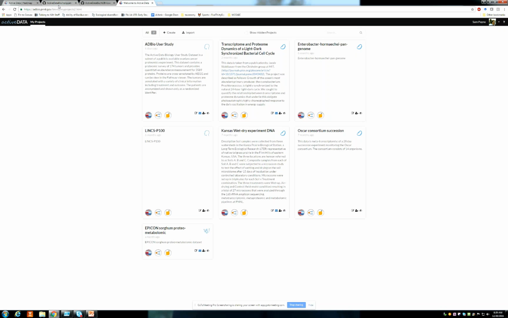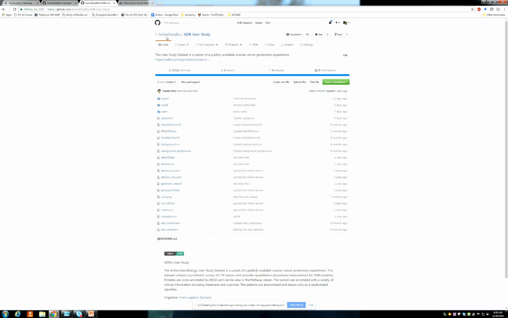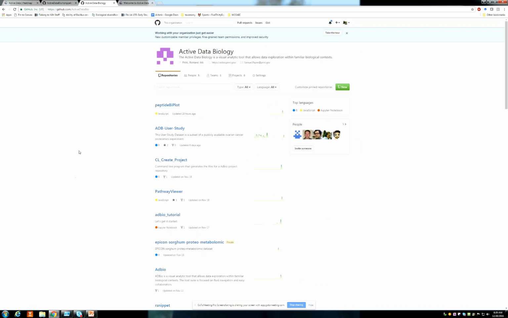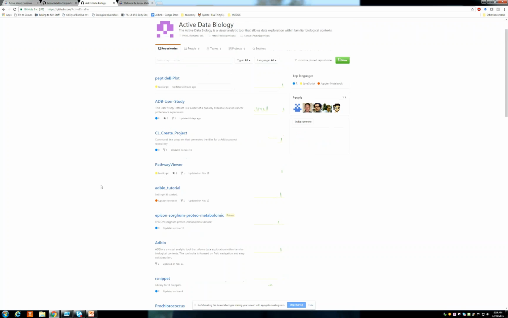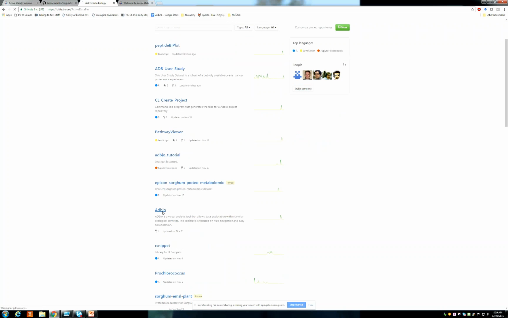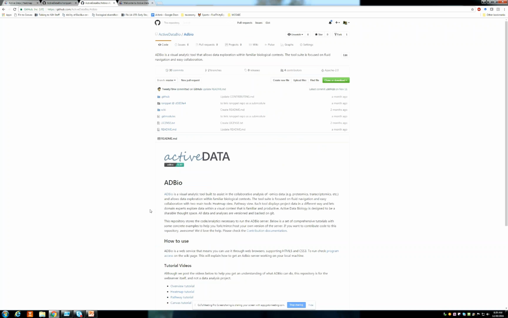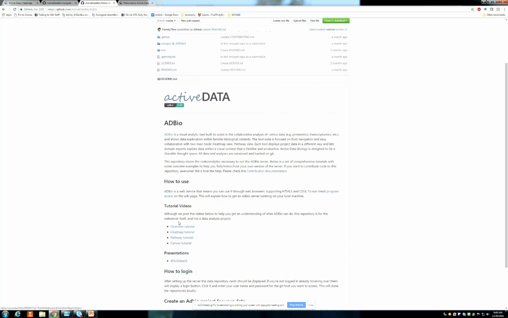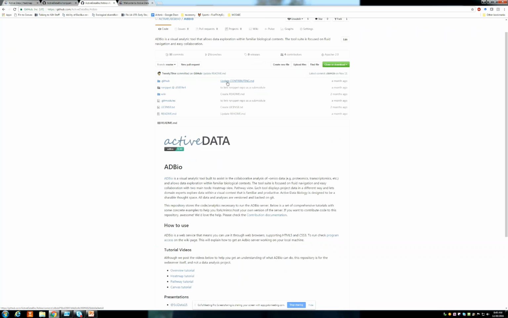They do not have to be from biologists, although the specific projects we have here are going to be a little more intuitive to someone like that. So if you wanted to come to Active Data Biology on GitHub, these are all of our data repositories. And this one, which is not quite live yet, is the server repository. Over the last few months we've been building tutorial videos and contribution updates, how we would like people to contribute to either the server or one of the data projects.